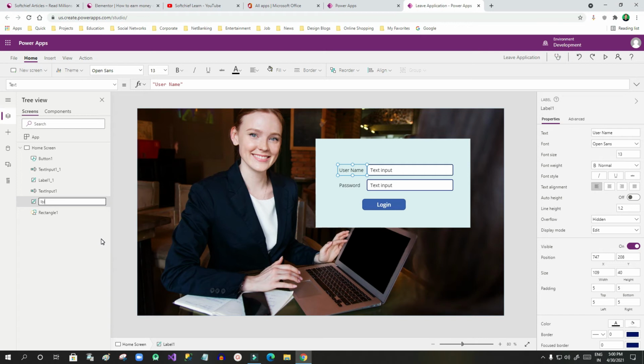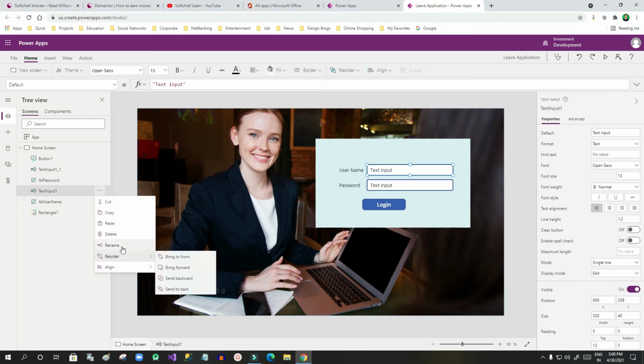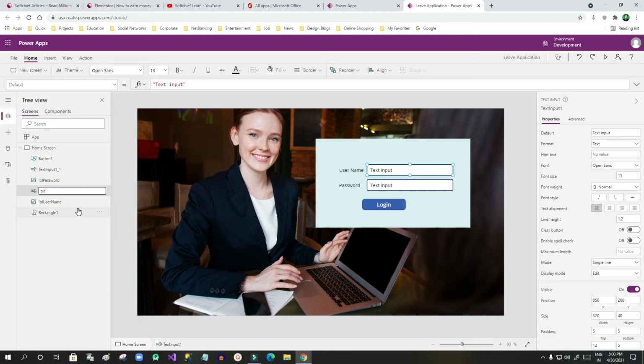So lbl username. And for this also you have to change, like lbl password. Likewise for this input I want to change txt username.